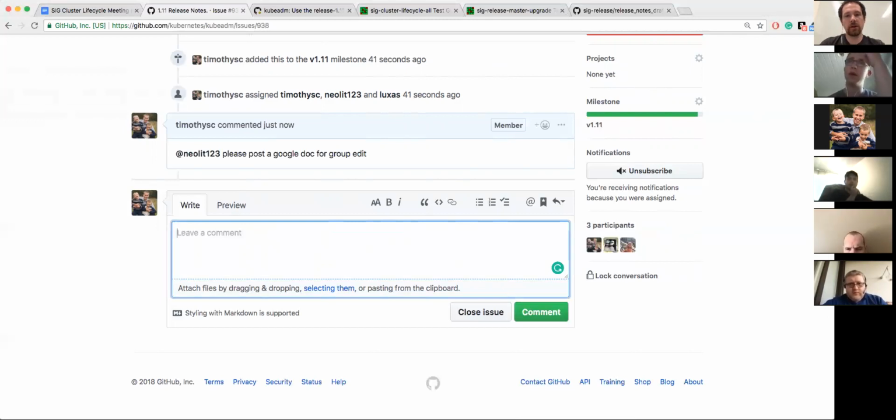Should we do a... I mean, we've done different things in different releases. So should we do a Google Doc with everything we see could be for GA? Should we have a focus on GA or 112 or both? Well, I think GA in 112 should be one of the listed items.